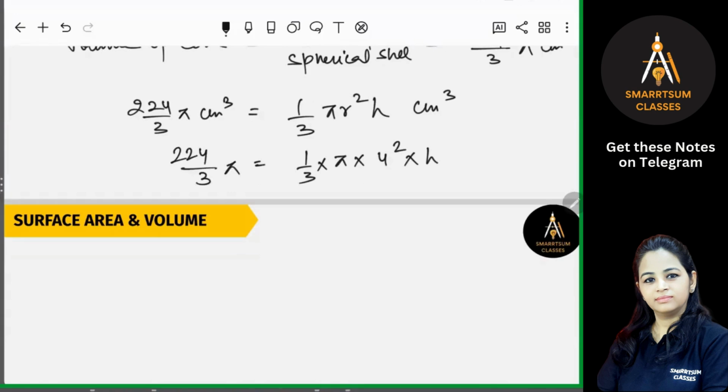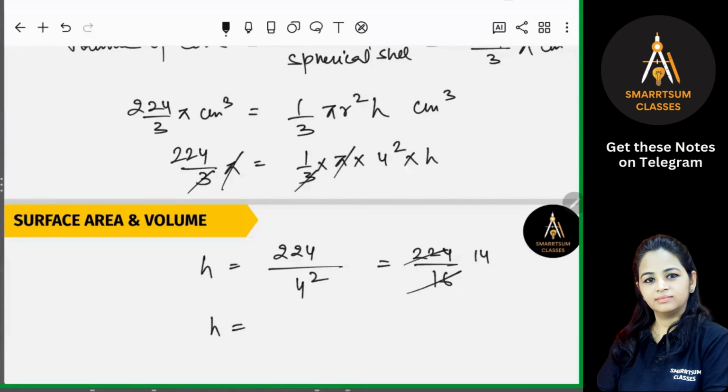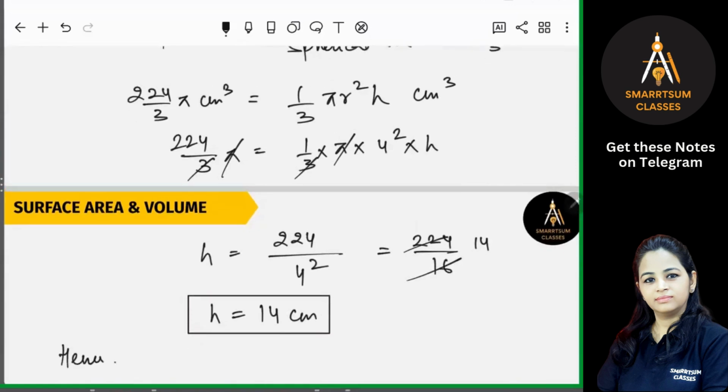Now from here we can easily find the value of h. Pi will cancel, 3 will cancel. So h is equals to 224 upon 4 square, that is 16, 224 upon 16. Is that clear? So you can cut this, and this is 14. So h is equals to 14 centimeters. So using this method, we can easily find the height of the cone. So write down, hence the height of the cone is